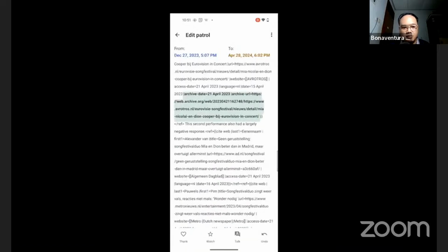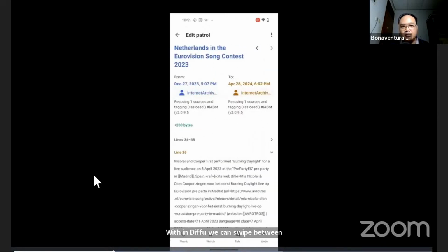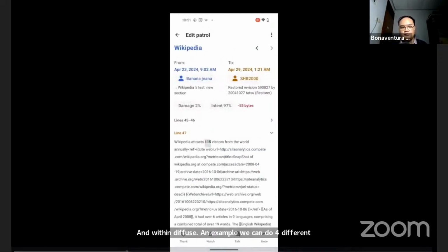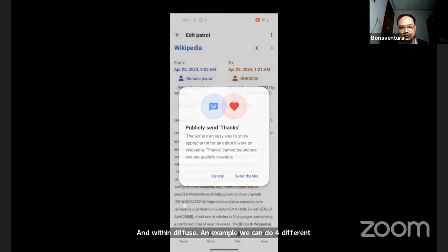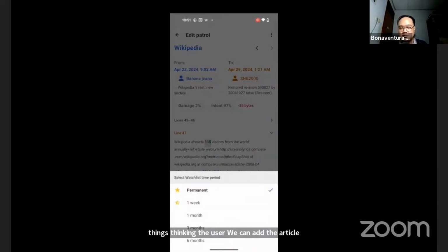Within diff view, we can swipe between edits using swiping or the arrows at the top. And within diff view, we can do 4 different things. Thanking the user. We can add the article and its talk page to our watch list for a certain amount of time.